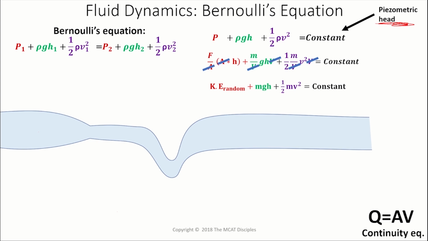So now you hopefully can see why this is potential energy and kinetic energy and such. There are some terms that we use to describe these: the pressure head, the elevation head, and the velocity head. I think the biggest mistake people make is that they assume that all of these are pressures. All of these things have the units of pressure, but they're not the pressure we're interested in when we ask what is the pressure of this fluid. When we ask for the pressure of a fluid, we're talking about the force per unit area that this vessel wall is feeling from the water molecules, for example, hitting up on the side wall here. That is the pressure we're interested in.